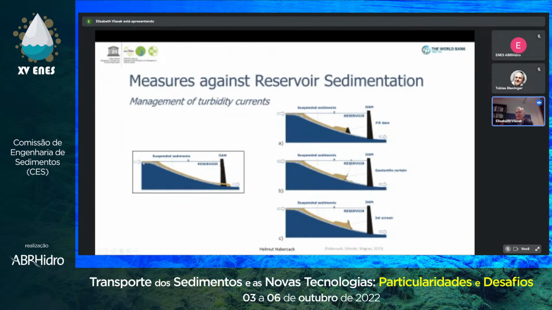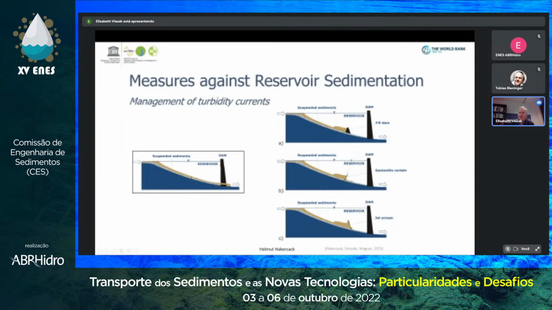The thing is that if the input water is cooler than the water temperature in the reservoir, you get a so-called plunging point, and this density current dives down to the bottom of the reservoir and is transported at the bed of the reservoir to the dam, where you have the bottom outlet, and so the sediment is guided through the reservoir and goes to the downstream area. And this is what we can help with different means in order to get it done.